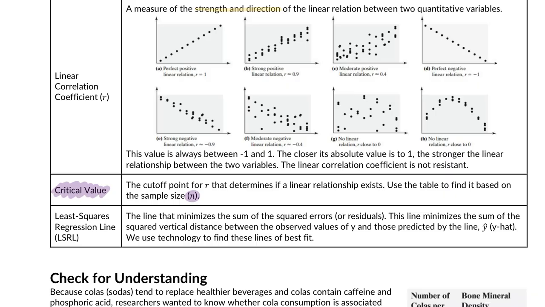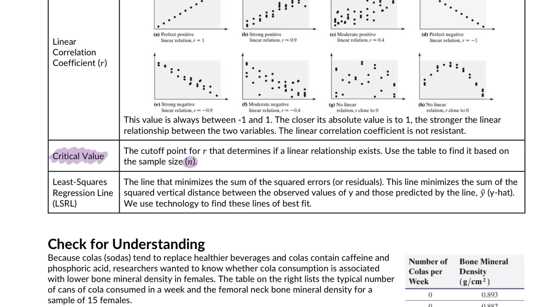That's what you're looking for. And then last but not least, the least squared regression line. Here's why we don't do this by hand. It says the least squared regression line is the line that minimizes the sum of the squared errors or residuals,